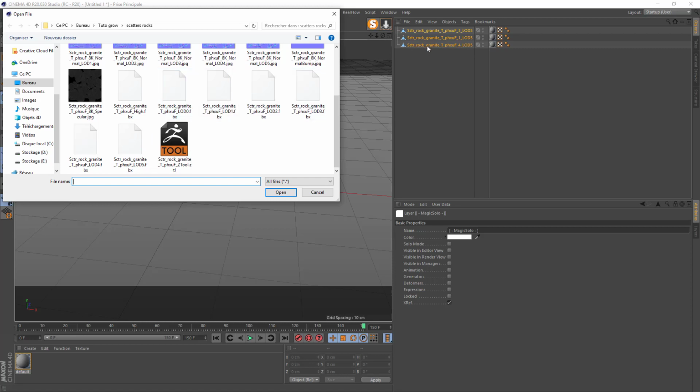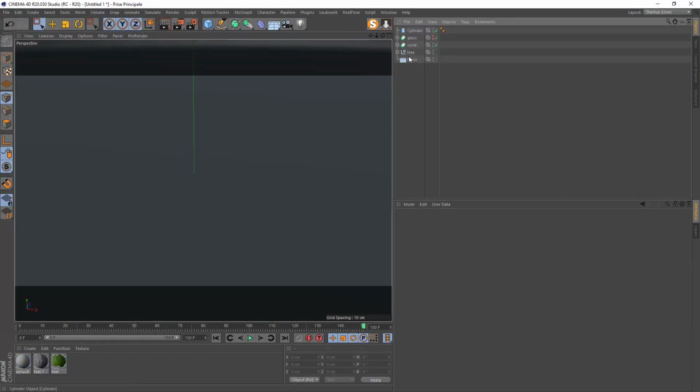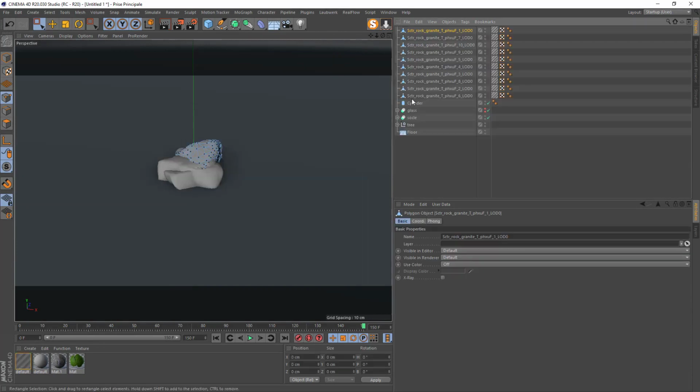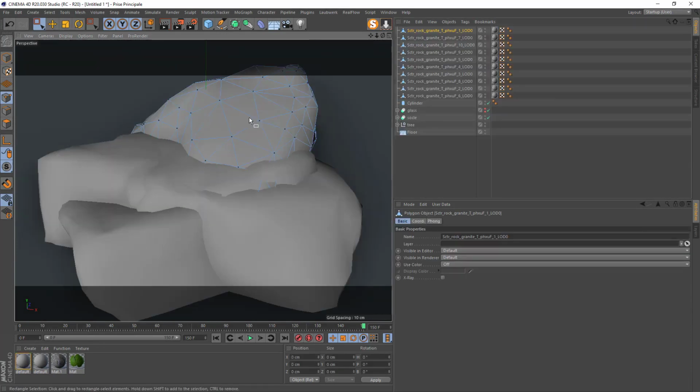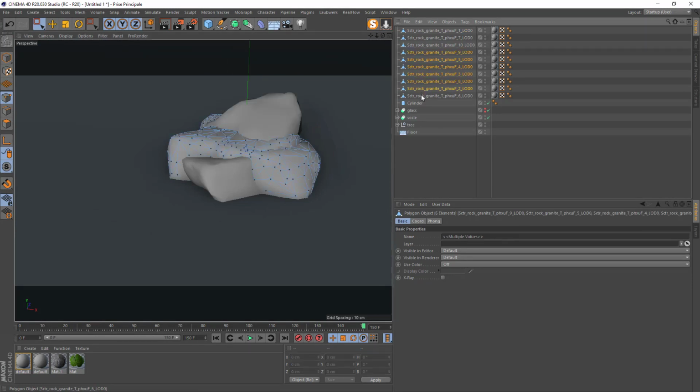Okay, so I will delete them. Cancel, I will delete them. So I start from there, merge, and I will take level 0. Okay. Yeah, it's better quality. I just keep 3, we don't need a lot of rocks.